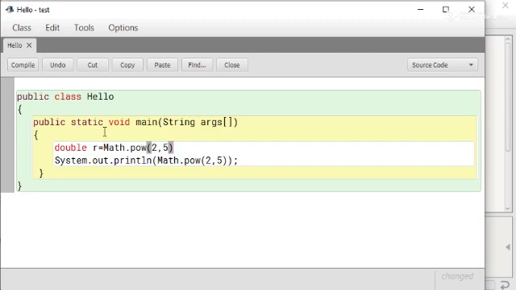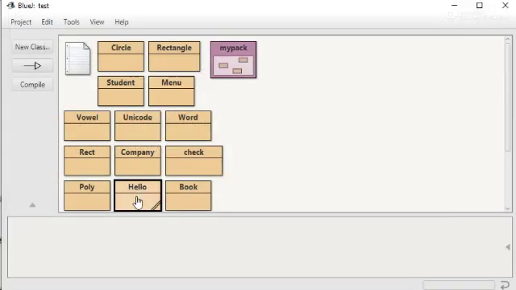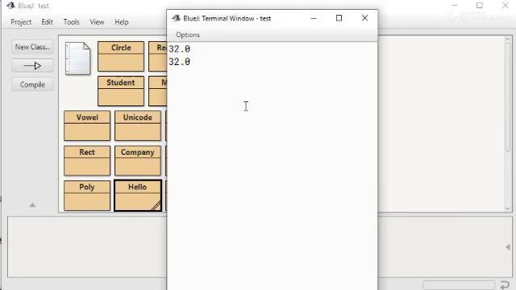Math.pow(2, 5), that means 2 to the power 5 is calculated, and the calculated result will be assigned in variable r. Now in this way you have to write only System.out.println(r), because the result is already stored in r. We have to only print. Now compile the program and run again. Void main. OK. Again the result is 32.0.